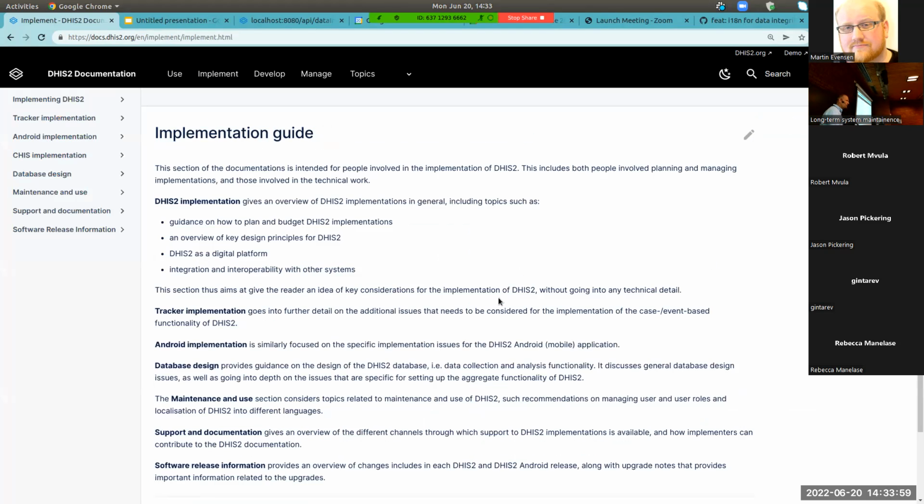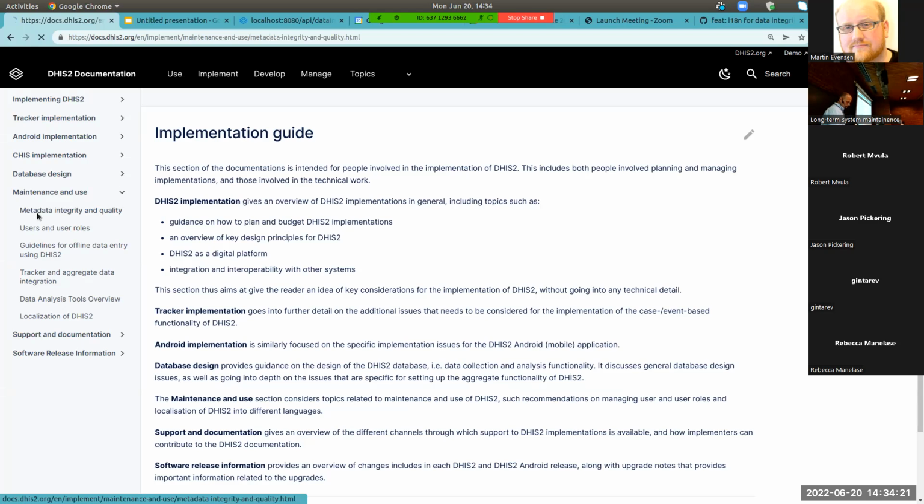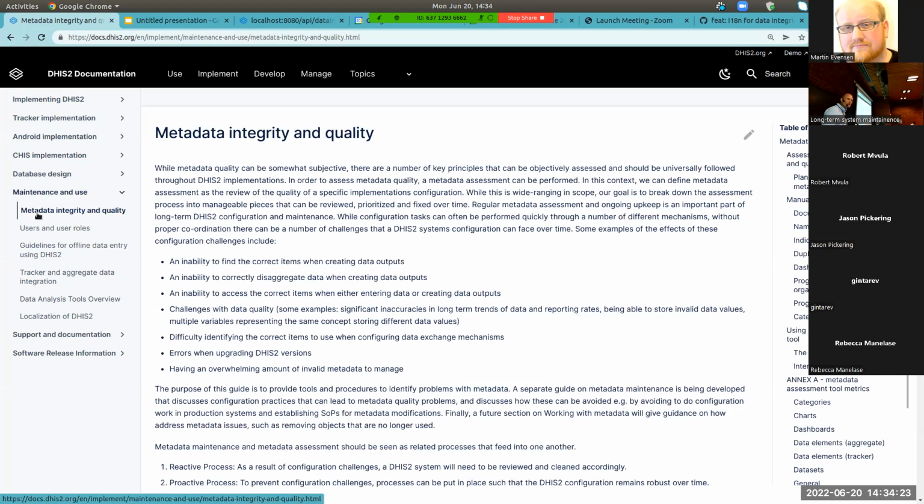Within the implementation section of the documentation, which we've organized over the last few months, we have been starting to improve the documentation around metadata integrity and quality. So how do you assess, how do you improve metadata? We have a lot of stuff which is almost ready to be put there. So in the coming month, there will be more new stuff here. But what we have so far is